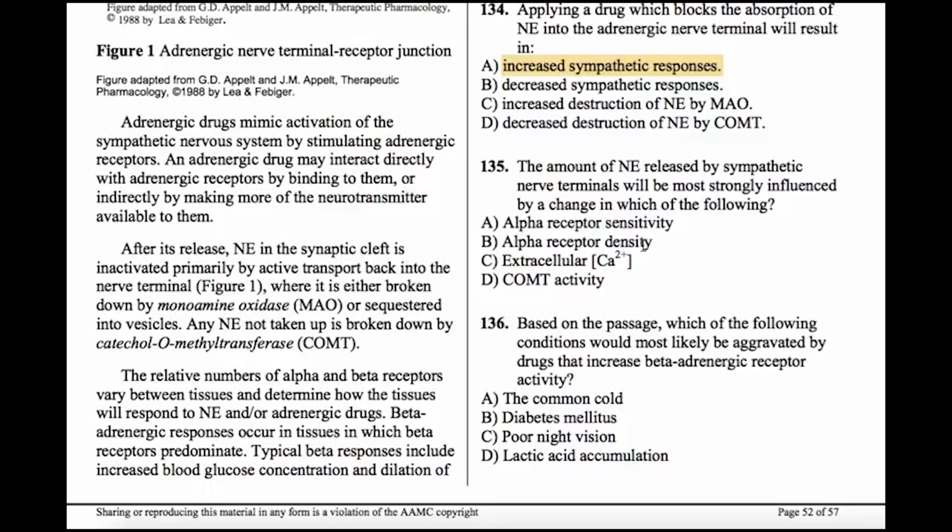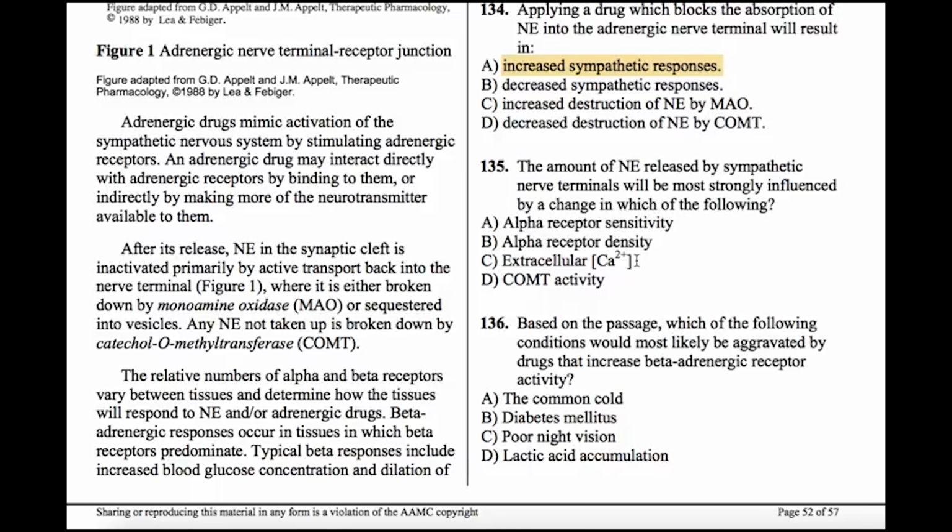Okay, so if you're changing the concentration of calcium and you make it very, very low outside, then you're not going to have calcium moving in once these gates open, right? This is passive transport. Once the gates open, it's passive. So you would actually have calcium flooding out, depending on how much you lower it. So if you have calcium flooding out or not enough flooding in, then you're not going to get near transmitter release. Okay, so we're going to have C as our answer.